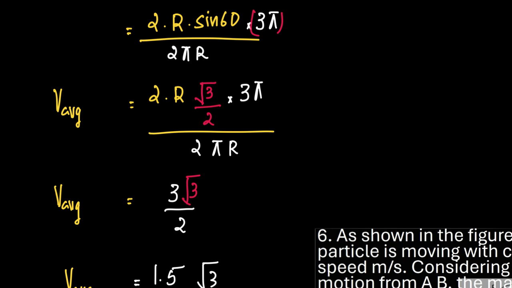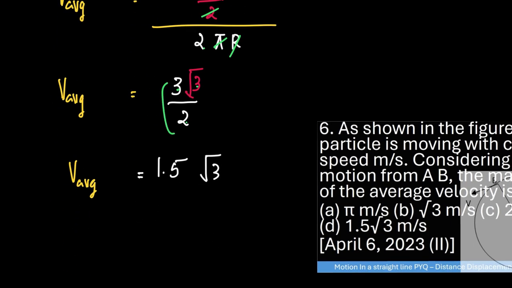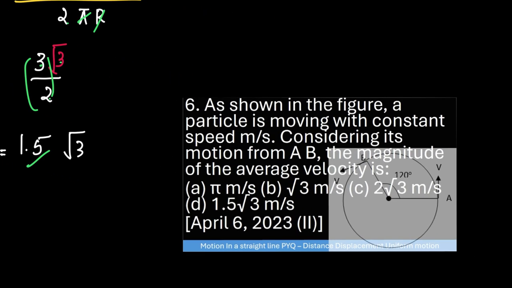Pi by pi is 1. So all we are left with is 3 root 3 by 2. What is 3 by 2? 3 by 2 is 1.5, and therefore what we get is 1.5 into root 3 as velocity average, which gives us the correct answer as option